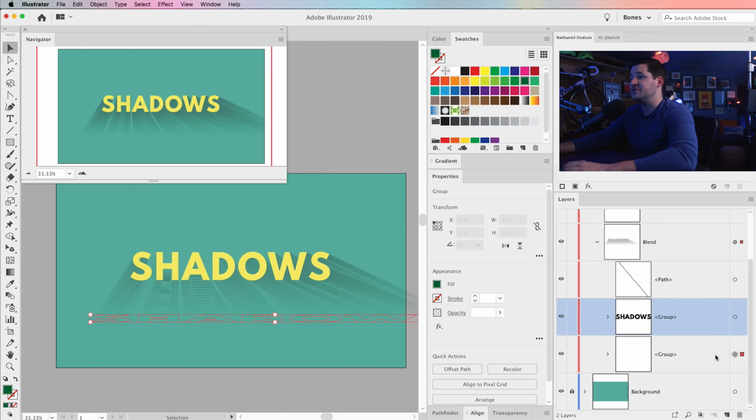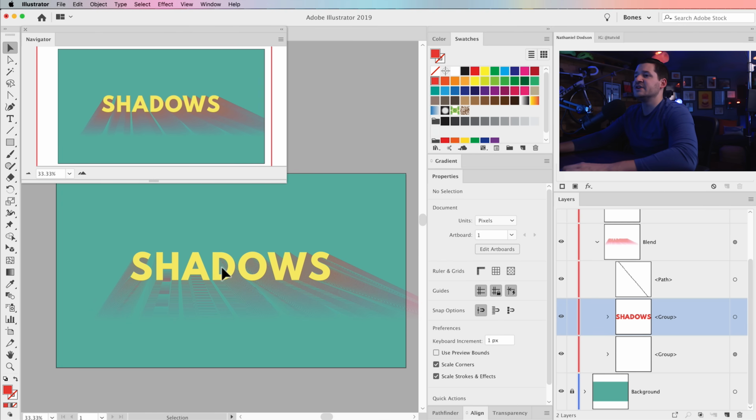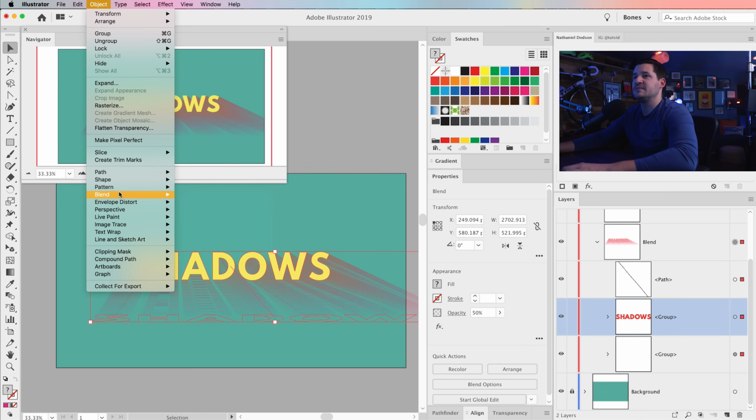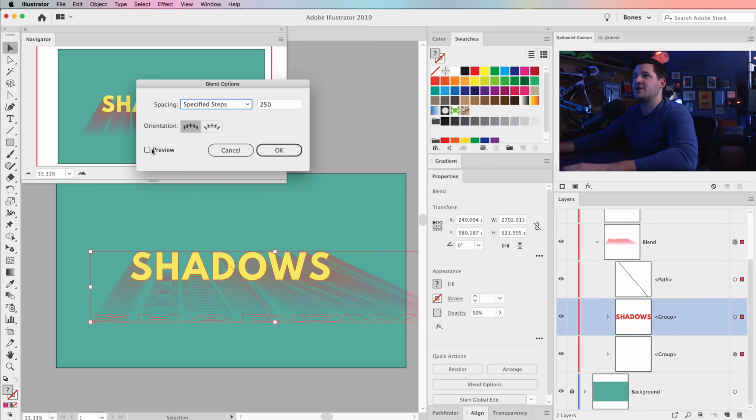And of course, you can go in and tweak and adjust any of these. We could take this bottom group and change the color of it. We could make it like a hot pink if we wanted. And you can see that's going to add that pinky look to our shadow. Of course, we can do the same thing with the top. We can add a darker pink purple color up there, maybe that dark hot pink. But the point is, there's a whole lot you can do here, and you can have a lot of fun making all sorts of different shadow effects, even sort of 3D type effects with the blend tool here in Adobe Illustrator.